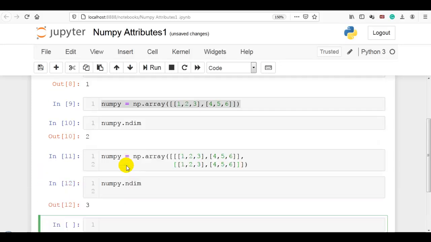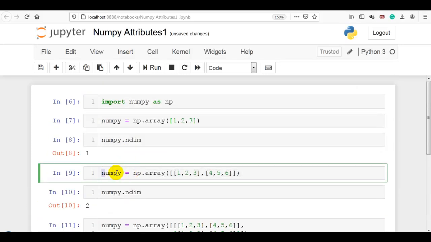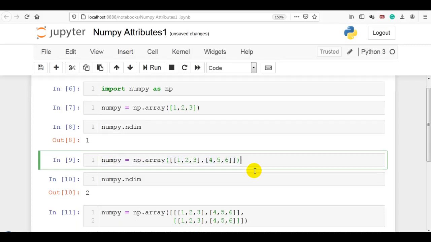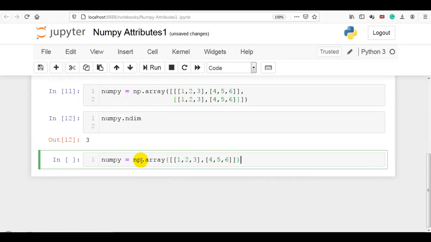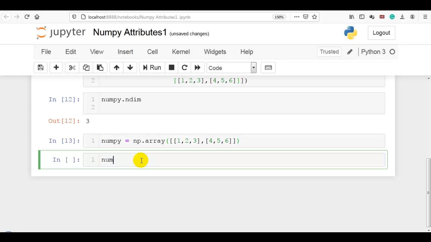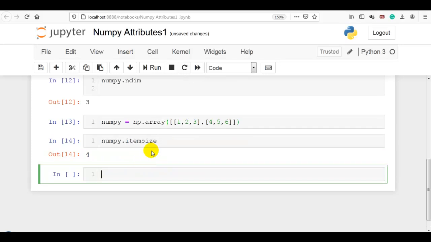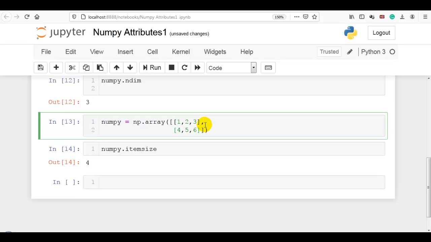Next one is itemsize. Again let me use the same example, and np dot itemsize. You can see here it is 4, right? So what does itemsize return? Length of one array element in bytes.